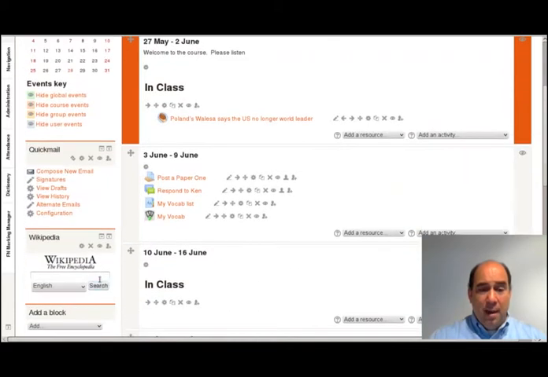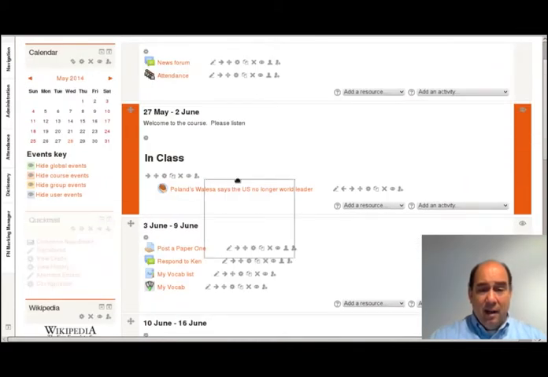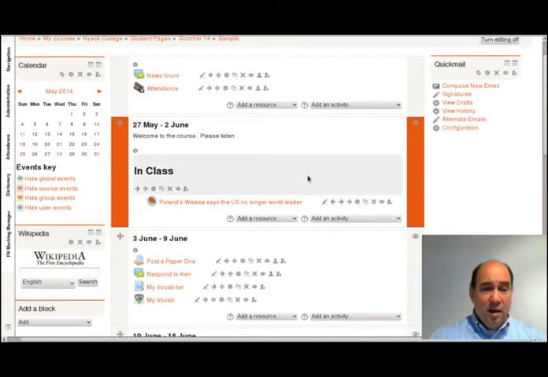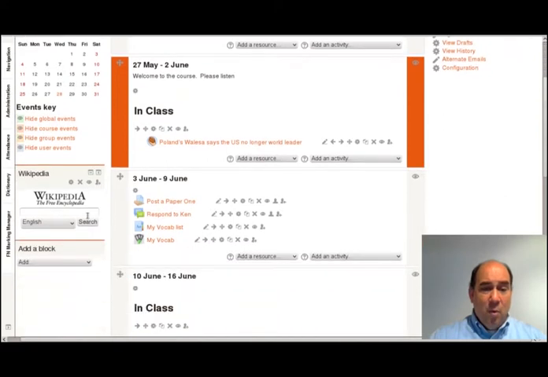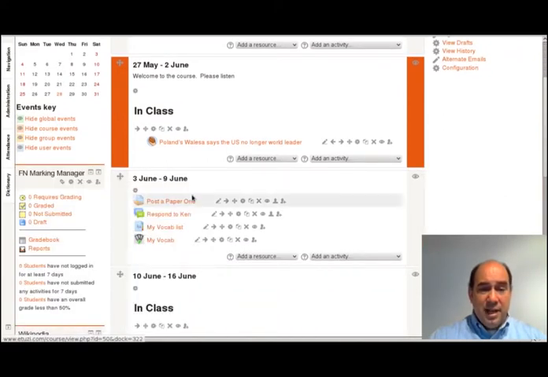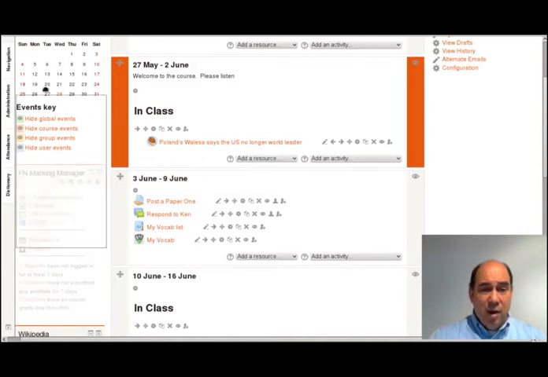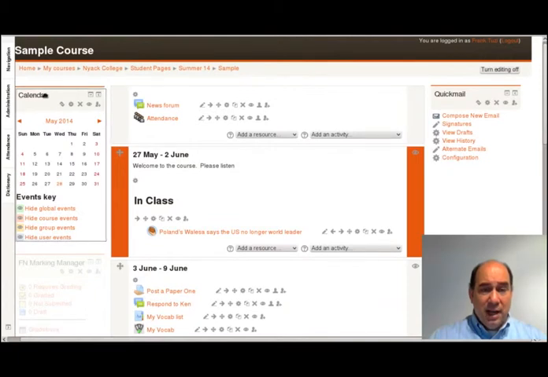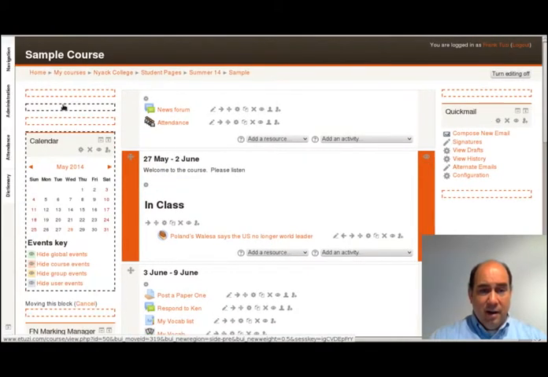So I'm going to try to grab Quickmail if I can, drag it over here, and put it on top. So now Quickmail's over there on top. And I know that I want my marking also to be on top, so I'm going to pull this out here, and I'm going to see if I can drag my marking up higher and replace the calendar. Okay, and I couldn't get that one to work that way, but I should be able to push this down, right? There we go. So I'm going to push it down, down here,